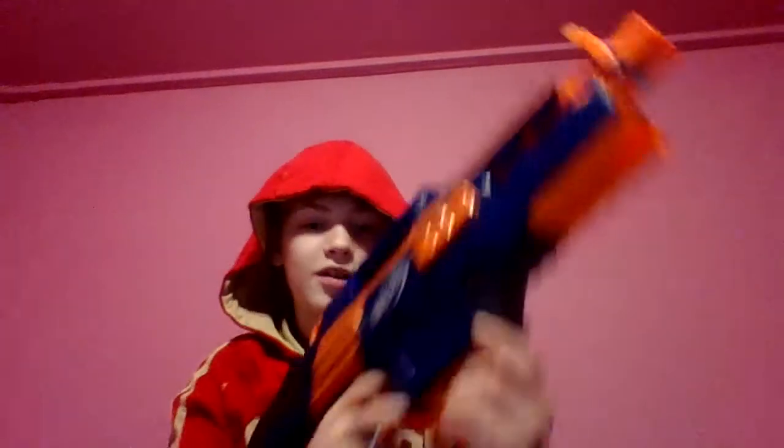And the last one, my favorite. This is my favorite, I'll say it again. So here's how you use it. First of all, you take a clip with the bullets in it and put it in. Make sure you have the part with the batteries in it. Right now I don't. First of all, if you want the scope up, down,